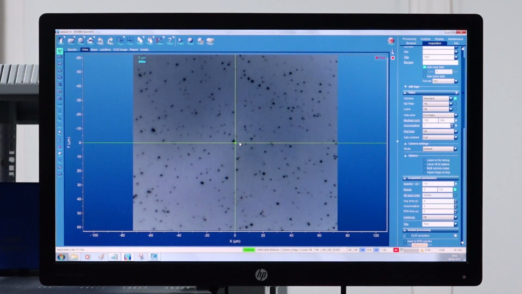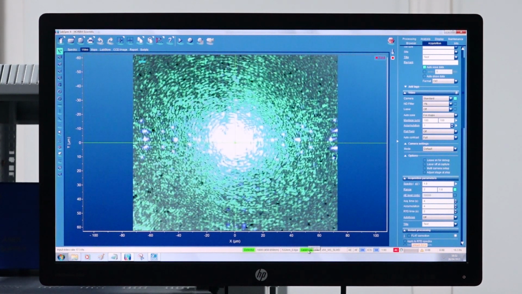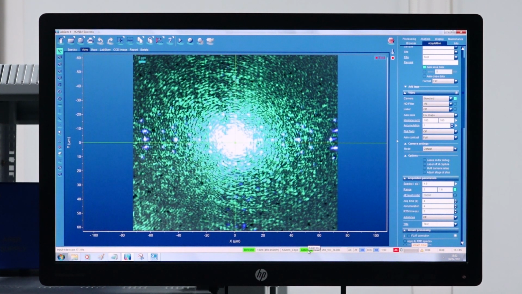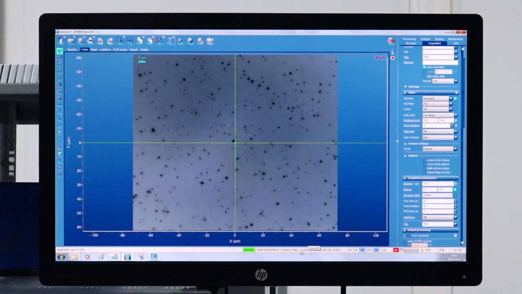Another way to switch on the laser here is from the bottom panel. It is written here laser off. If I click on it, the laser will again turn on. The other parameters related to the laser are again shown in the bottom panel, that is the 1800 grating, the 532 nanometer edge filter, and the laser is 532, 5% ND filter, and the 50x objective being used. The detector which is shown in the green denotes that the detector is in a condition where it can be operated.